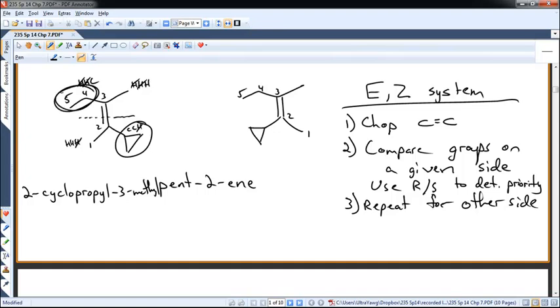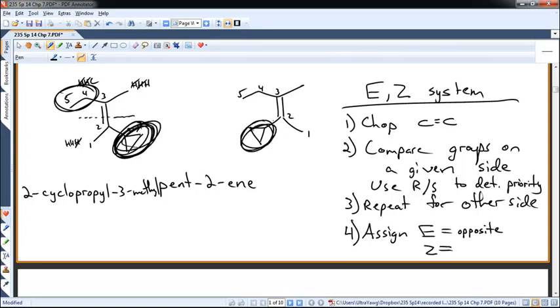Okay, step 4 is to actually assign E or Z. You take the two groups that you circled, this is why we circle them, and you ask, are the two groups that I circled trans to each other, meaning they're opposite of each other? If so, you have the E isomer. If the groups are cis to each other, so the cyclopropyl is higher priority and the ethyl is higher priority, so this one would be the quote-unquote cis version,